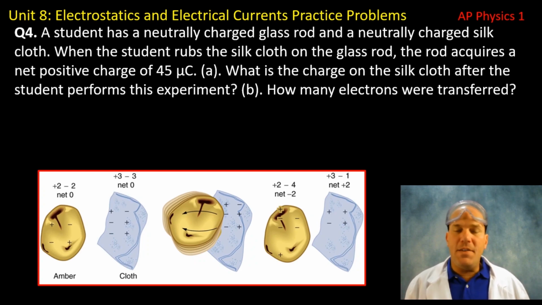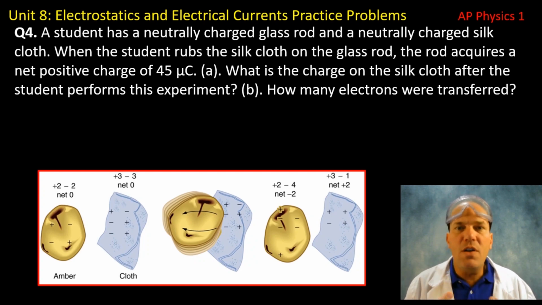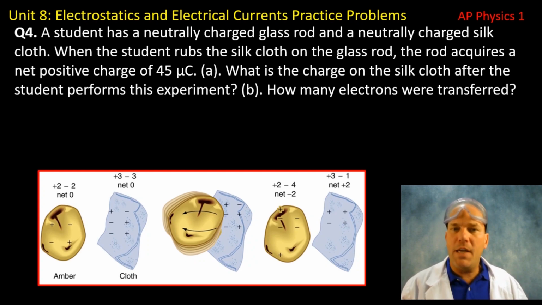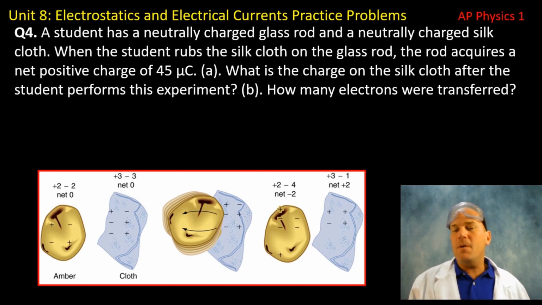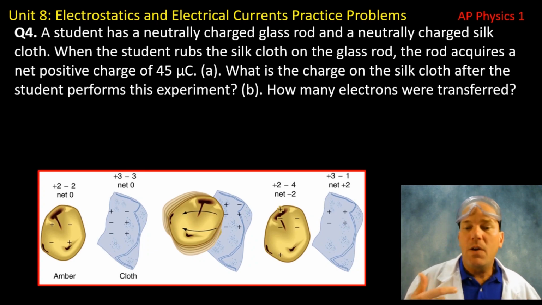Now, I have a schematic here. The schematic is not dealing with a glass rod. It is dealing with a piece of amber, but it's a good visual representation of what's occurring in question 4. So let's look at the amber and the piece of cloth. They're both net charge of 0, just as in question 4. And when they are rubbed together, we see the piece of amber now has 2 additional electrons on it. So where did those